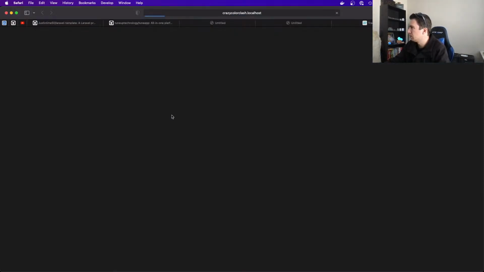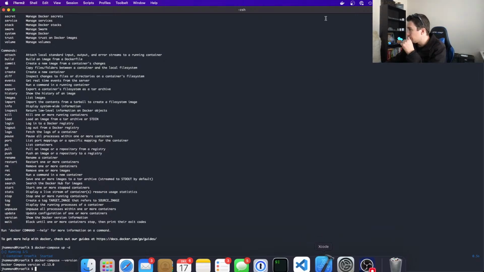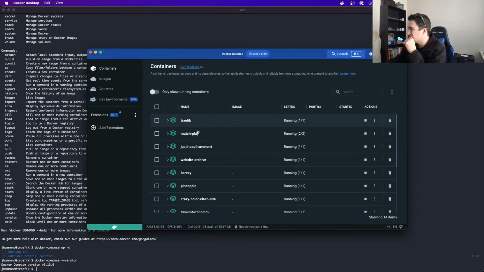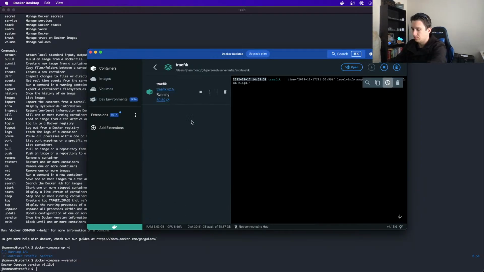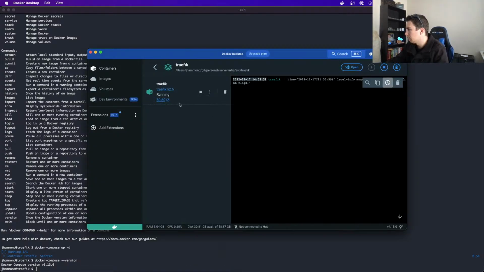I don't know. Alright, so Traefik restarted. If we come here, it's got the non-SSL support. I want this out of the way. What does this say? Can't even see it. Configuration loaded from flags. Okay. I mean, it's running.